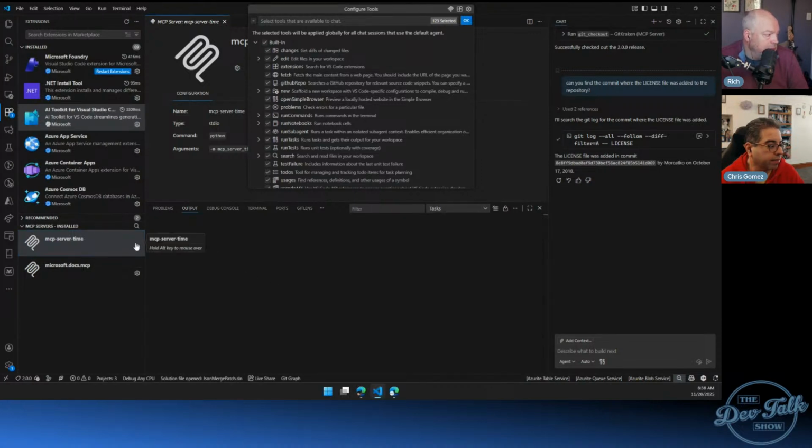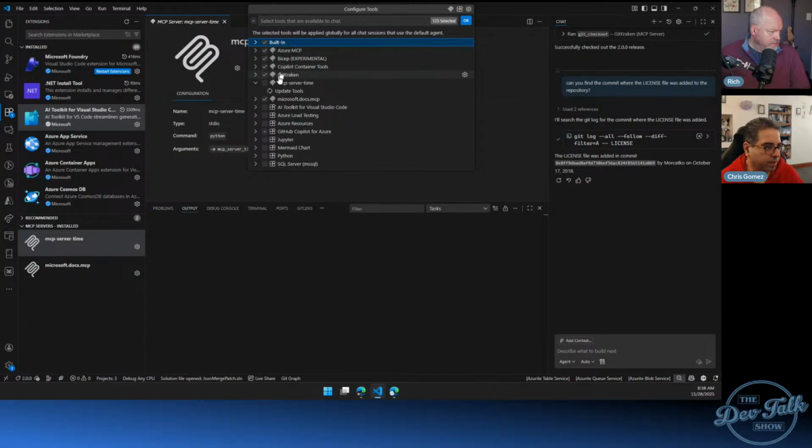Well, okay. I was a little concerned clicking uninstall would just make it disappear. But I think all that really did is modify the JSON file that controls this. It's probably to turn it off. And so now I don't have to worry about that. And I have 123 selected. Maybe I don't need bicep right now. So now I'm right at 119.